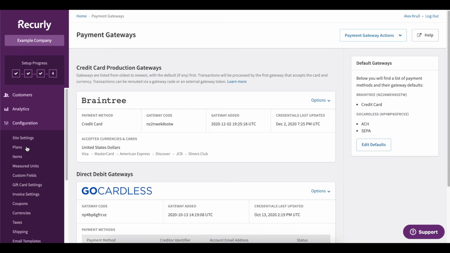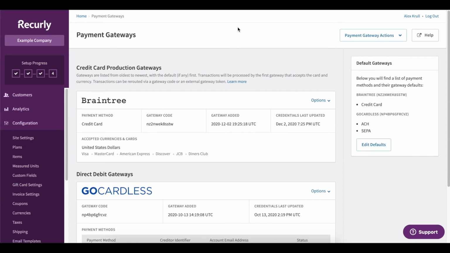Now, within your tech stack, you have your subscription management platform, which is Recurly, and you'll also need your gateway, which is how the transaction is actually processed. So if you haven't worked with a gateway yet, Recurly works with many, many different gateways. That's one benefit about working with us: you can have any gateway partner that we work with